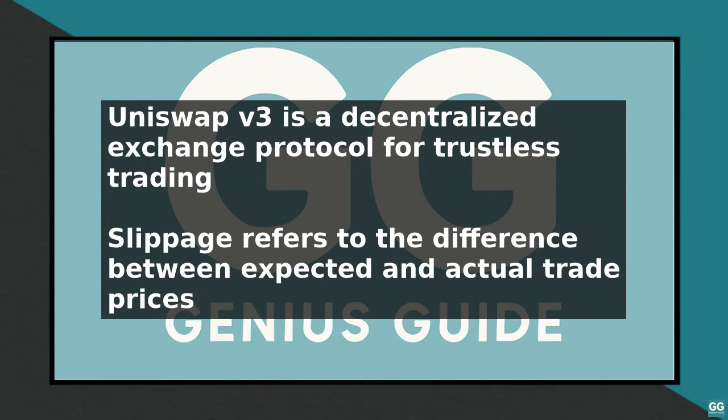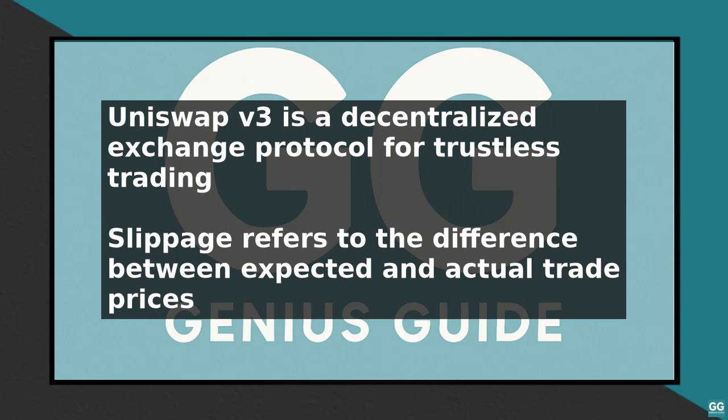To calculate slippage on Uniswap v3, it is essential to understand the key concepts involved in the process. Uniswap v3 is a decentralized exchange protocol that enables the trading of cryptocurrencies in a trustless and permissionless manner. Slippage refers to the difference between the expected price of a trade and the actual price at which the trade